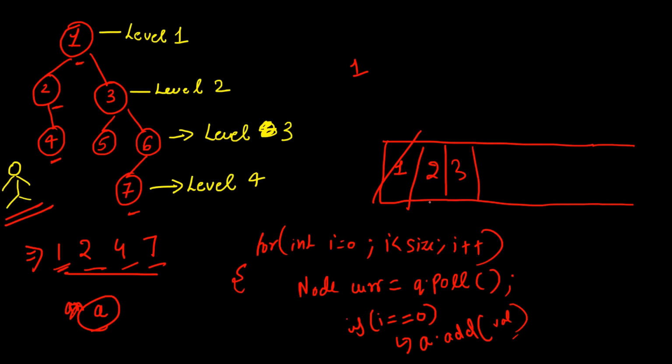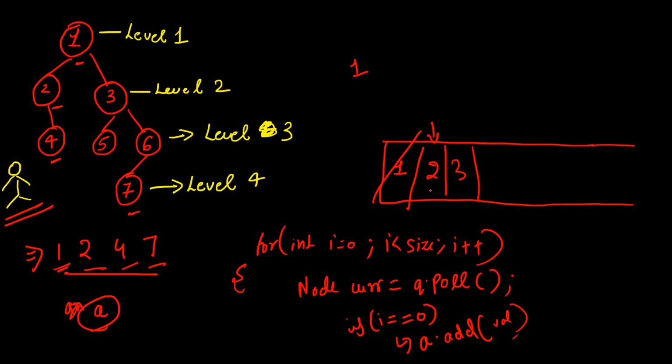The queue is not empty. Now the size of the queue is 2, as we are having 2 and 3. These two elements are there in the queue. Initially the loop is going to be from i equal to 0 till the size of our queue, i plus plus. So this is the node that we are considering now. So i equal to 0, that part is true for now.